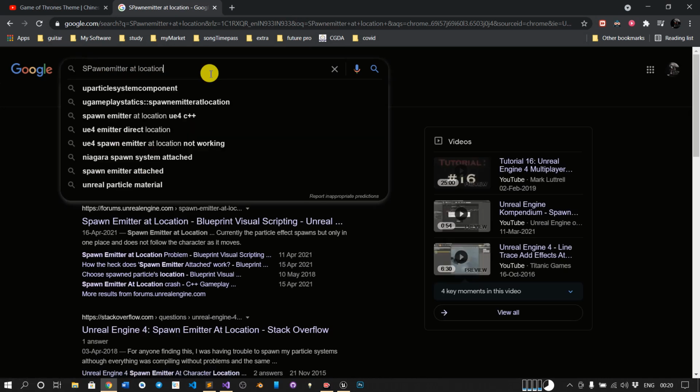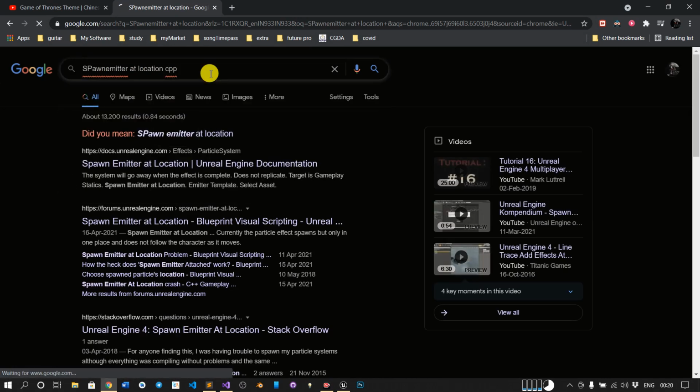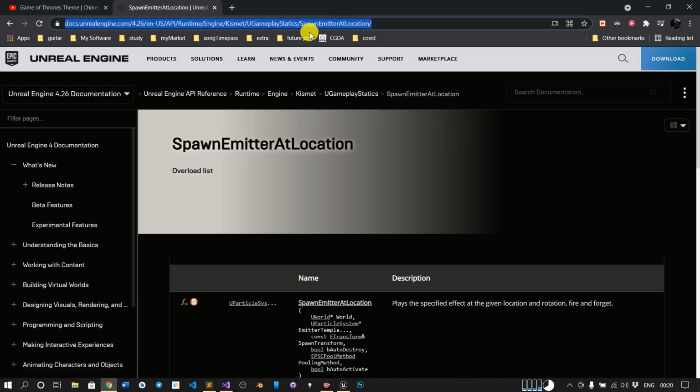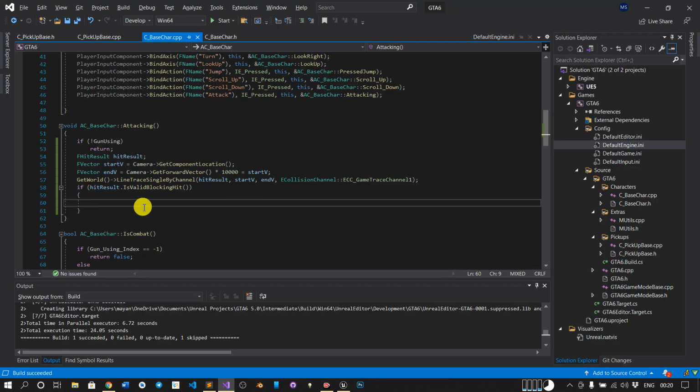I want it like CPP1. See, it is saying that it is available in the UGameplayStatics. You can't access it directly, so you need this GameplayStatics. Just copy this and paste UGameplayStatics, and here we will spawn emitter at location.